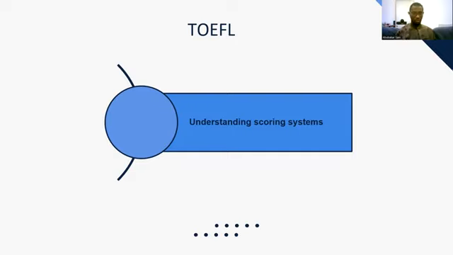So each section out of the four sections we talked about, reading, writing, listening, and speaking, has 30 points. So 30 reading, 30 writing, 30 listening, 30 speaking, making a total of 120 points. So you will be tested on each of these. And normally what is expected of you is to get 80 and above. So if you got 80 points out of the 120, that is proof of your proficiency.